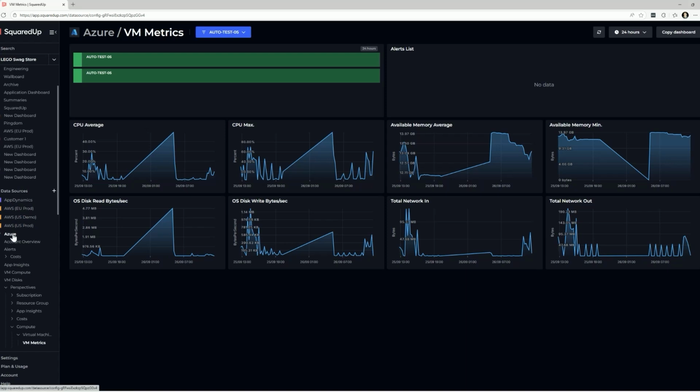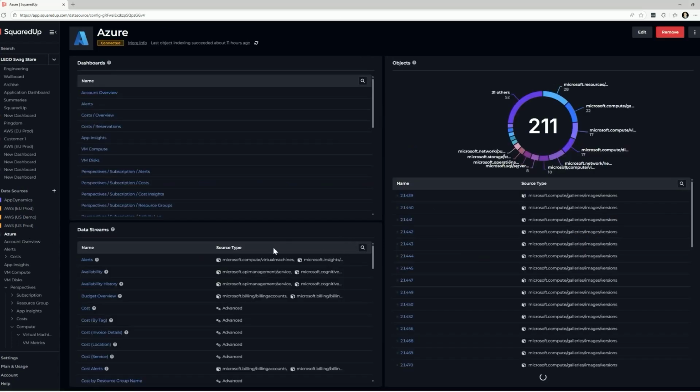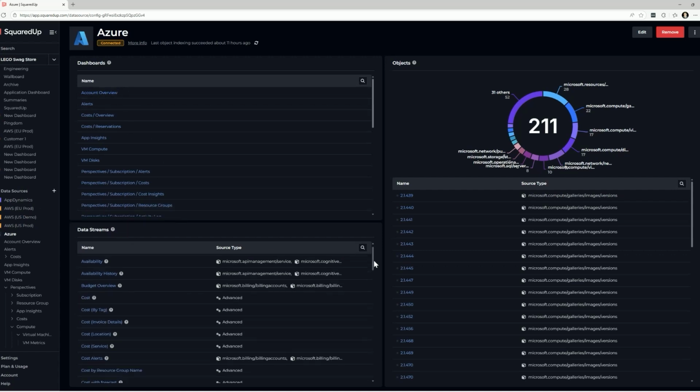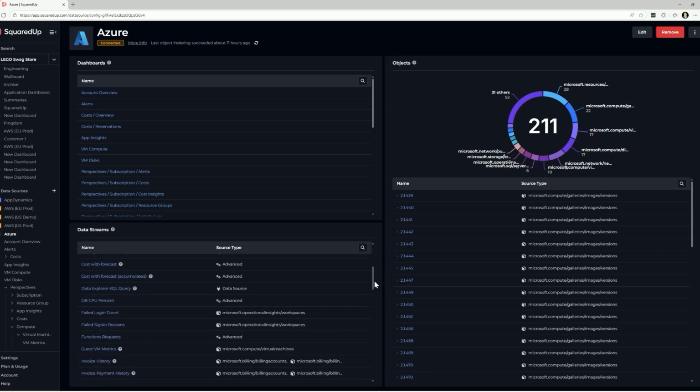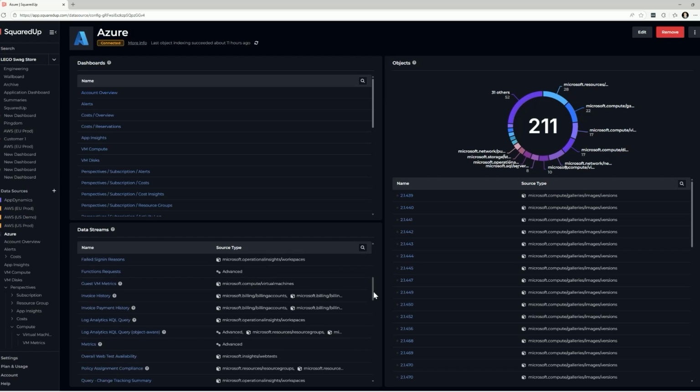Within Azure, if I go back to the data source, you can also see all of the data streams here that we expose as part of the Azure Data Source plugin. Each plugin will have its own different dashboards at the top here and different data streams that are exposed. But you can see here the data streams which we can start to put onto our tiles include things like budget overviews, cost data, location information. So lots of cost information which is very useful at executive level, but also deep drill down metrics,